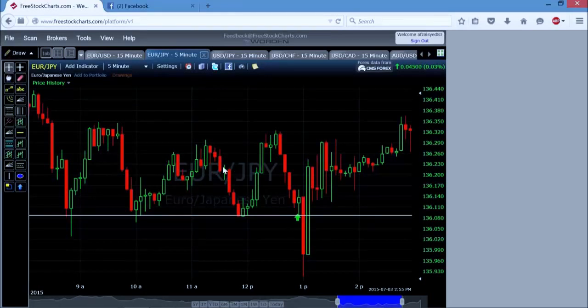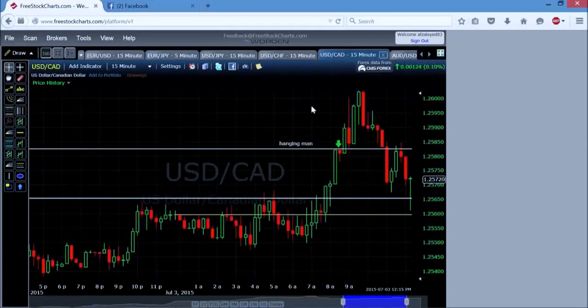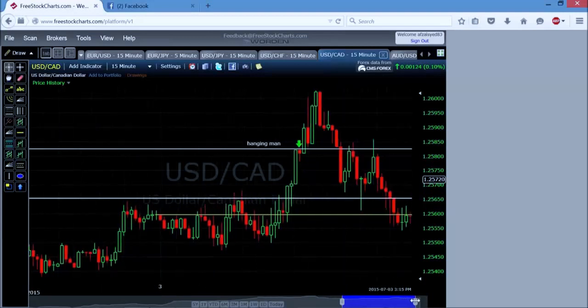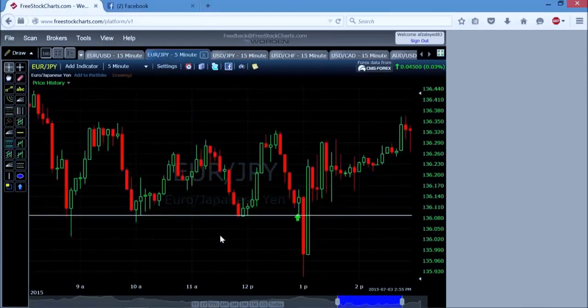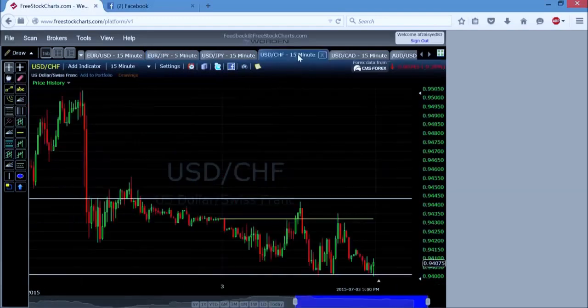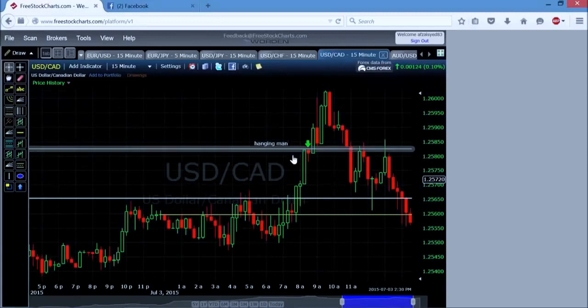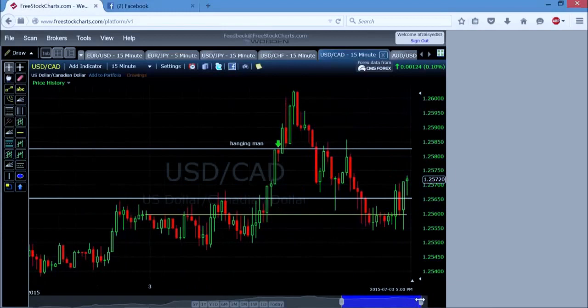Now one more, let's look at USD CAD. This is another ITM signal I posted yesterday. I think there was just that one OTM for Euro JPY on a Friday, and there was maybe a few others early in the morning, but this USD CAD was another very good signal, I thought, and I had OTM, but